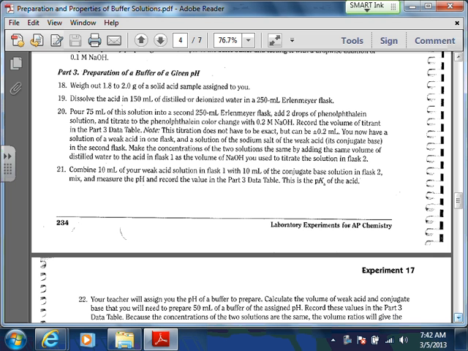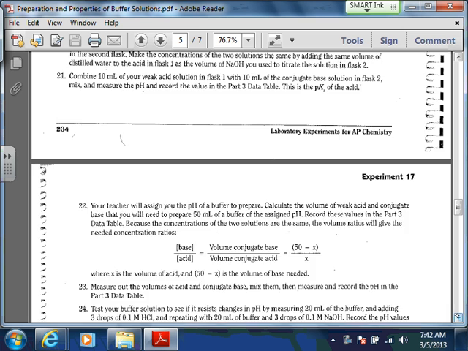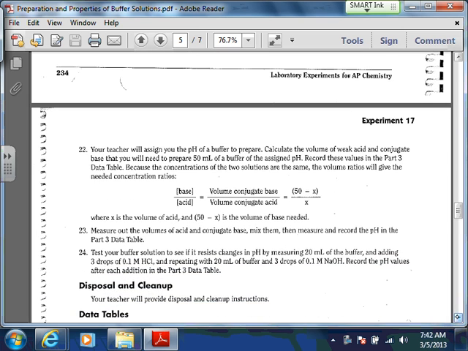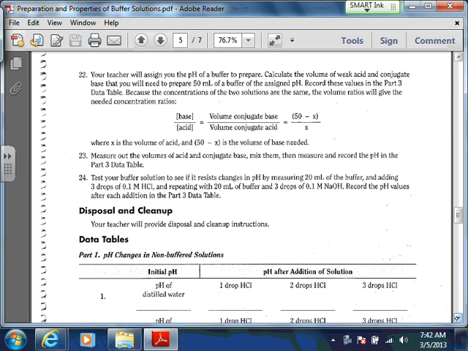But it really is basically the same procedure as what you did before. You're going to take about half of it, neutralize it with sodium hydroxide, and titrate to the end point. You don't necessarily have to use a burette, but you're going to go until you get the color change. Then you add that back into the original solution, because once you get the color change, that means you've completely changed all of that acid into its conjugate base. So then you add equal volumes of the acid and the conjugate base together,